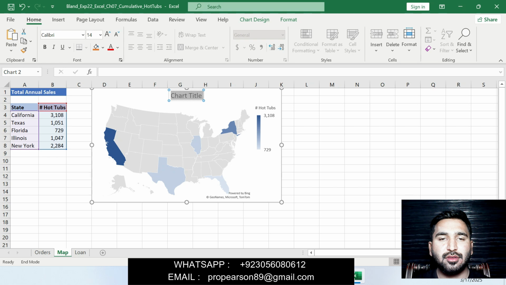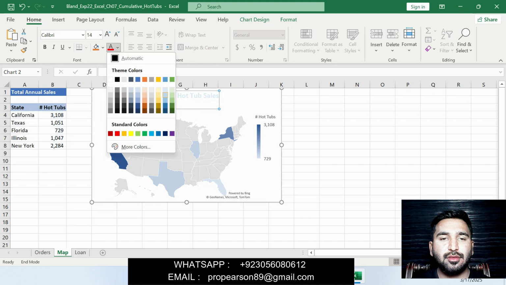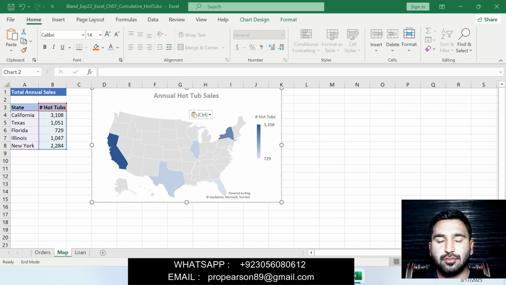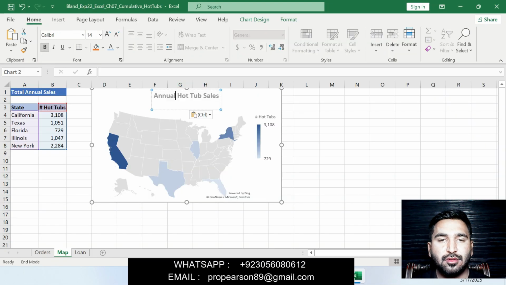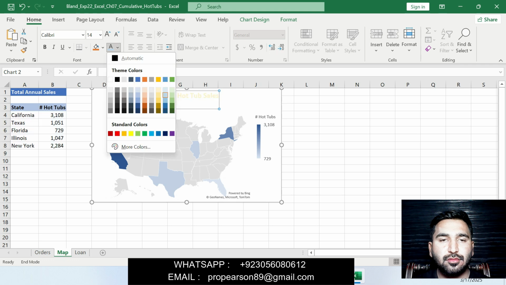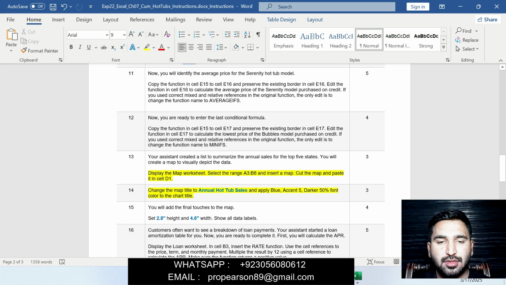Click on the chart title, paste here the chart title, and then select this chart title, go to the font color, and then we will apply Blue, Accent 5, Darker 50%. This is good. Now next step is question 15,